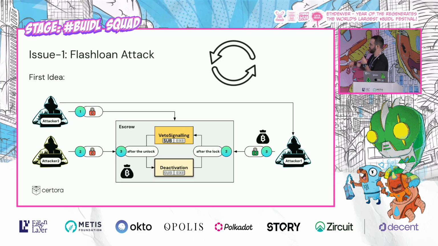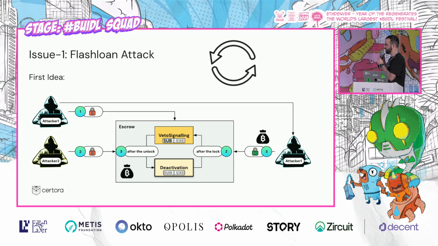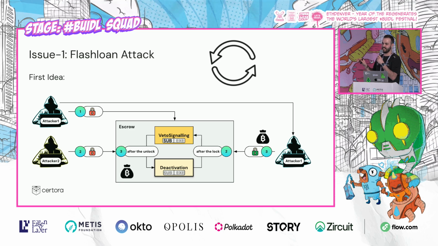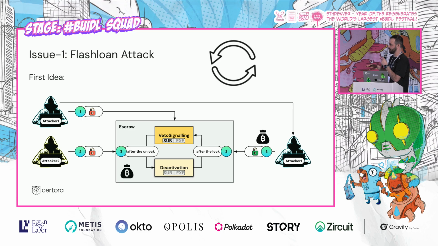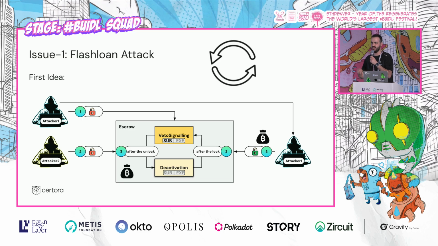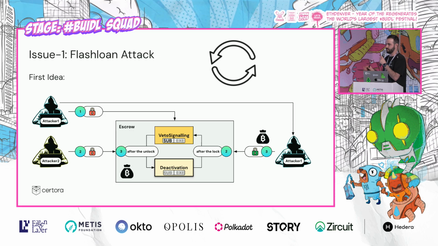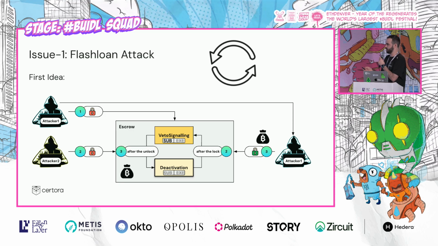So we can do it, of course, continuously, which means that we have the same attack as before, but now we need to be rich to do it. But we don't want to allow even a rich user to make the system get stuck, and you need to attack the system to make the system work. So this solution is partial. So how do we solve this problem in full?